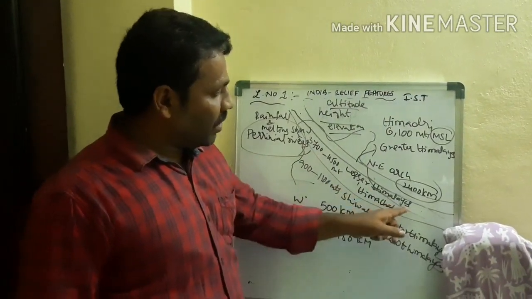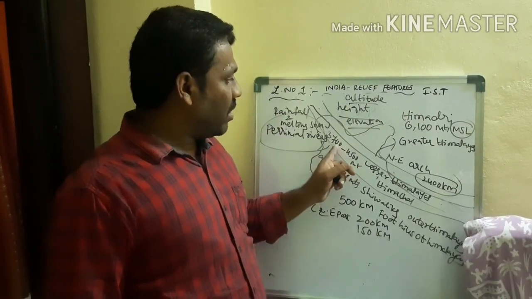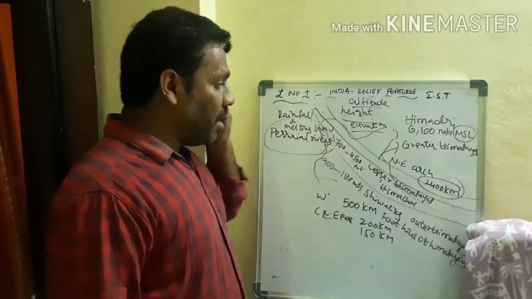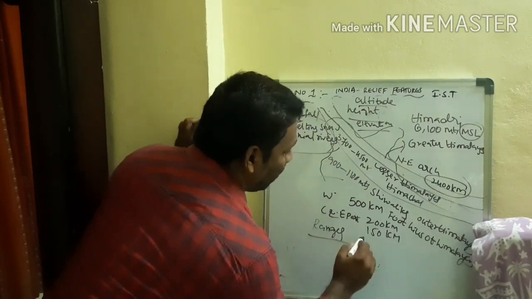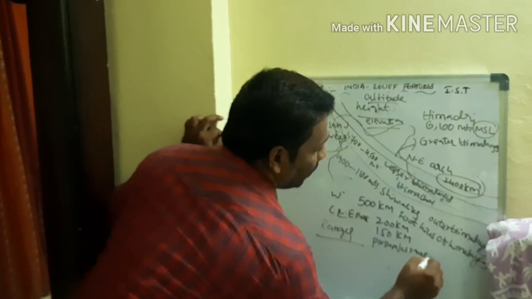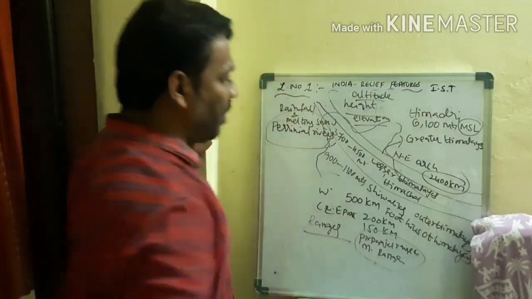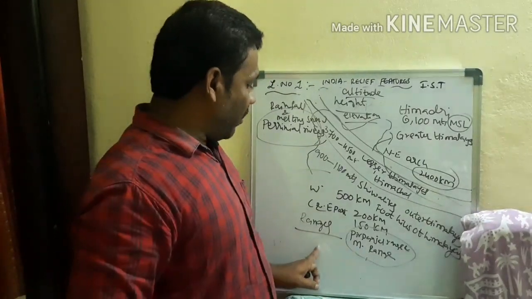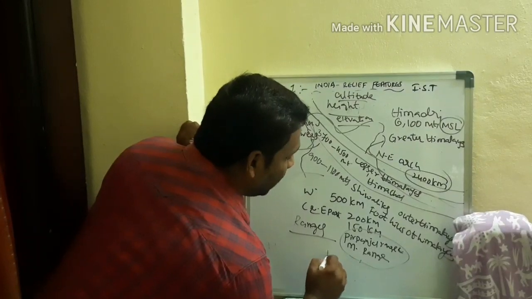Next, coming to Himachal, or the Lesser Himalayas. On average, what is the height? 3,700 meters to 4,500 meters average elevation. What can we find here? Ranges. What type of ranges? The Pir Panjal range and the Mahabharat range. We can find some sedimentary rocks here as well. And next, here we can find a few hill stations.